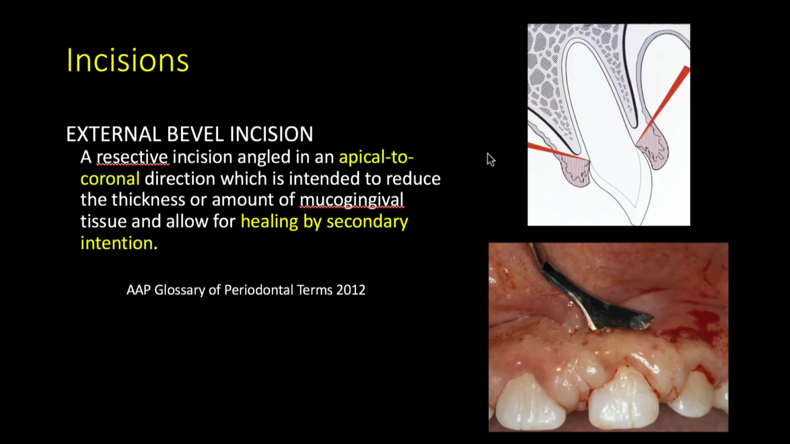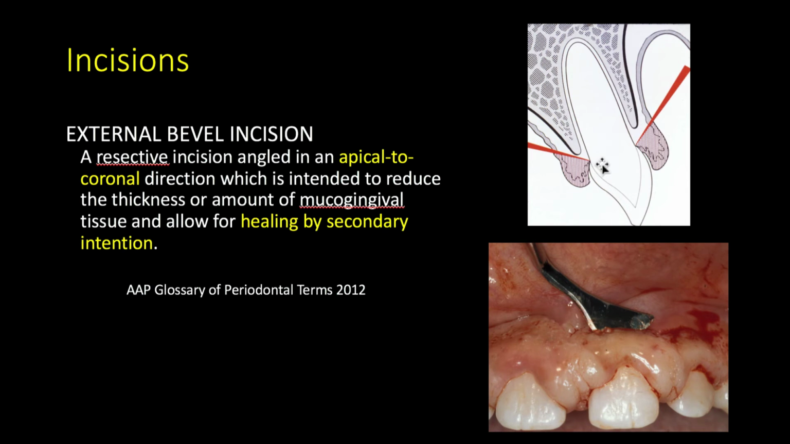External bevel incisions came into prominence in order to do an external bevel gingivectomy. It is a resective incision that is intended to reduce the thickness or the amount of mucogingival tissue. It differs from an internal bevel incision in the angulation of the surgical blade. You can see in this approach an apical to a coronal direction is used to reduce the thickness of the